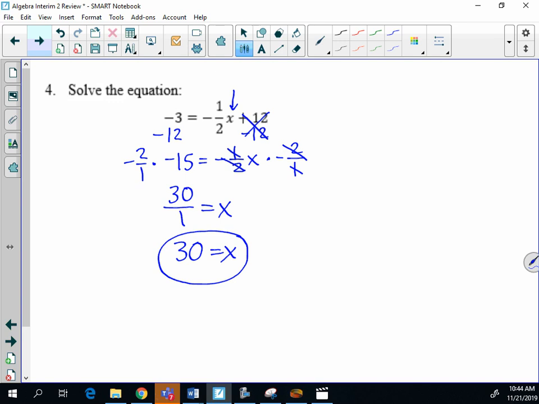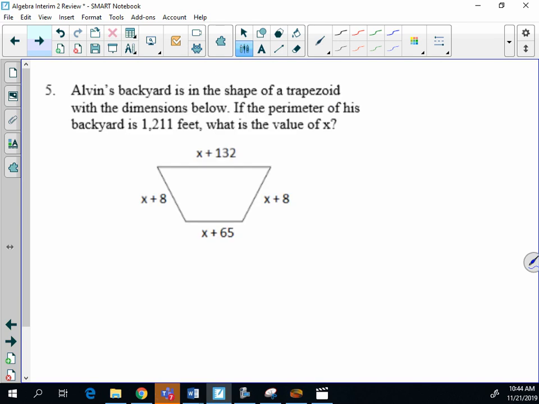Let's move on to number 5. We have a special word problem here. First of all, it's just talking about a backyard and the shape of the backyard, and then it has these dimensions. The really important thing is right here. If the perimeter... Okay, so perimeter, remember, means to add all sides. So if the perimeter is